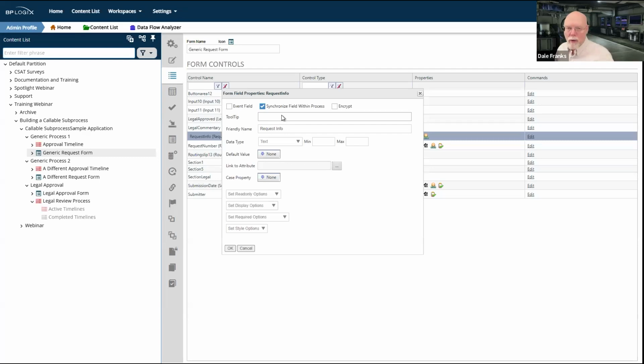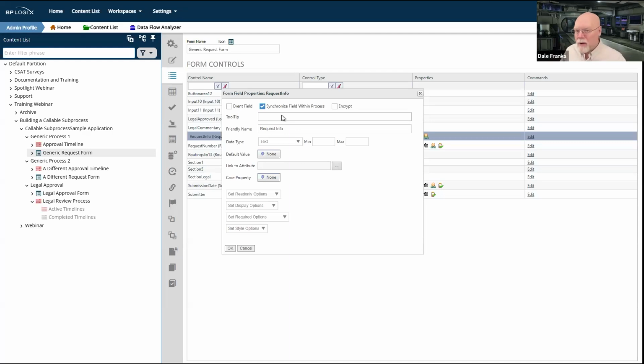So any other form that gets created in this process that has a request info field on that form, I want the value of this form field to automatically be replicated into the form field with the same name on the other form.